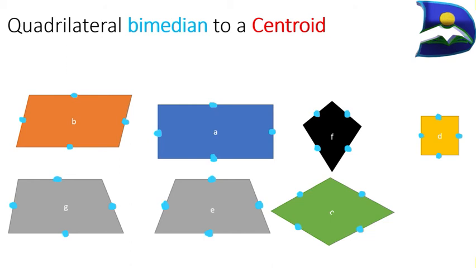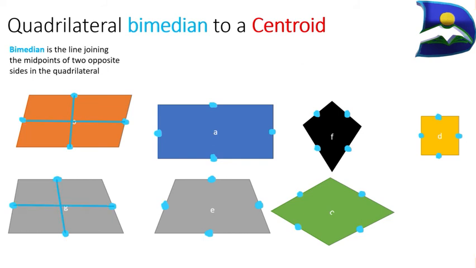After we've created a median, which is the point that equally cuts each side, we know that the bimedian is the line that joins the midpoints of two opposite sides of a quadrilateral, which means that these are the two opposite sides. The line that is connecting those two opposite sides is called a bimedian,